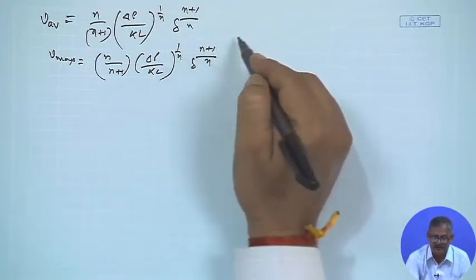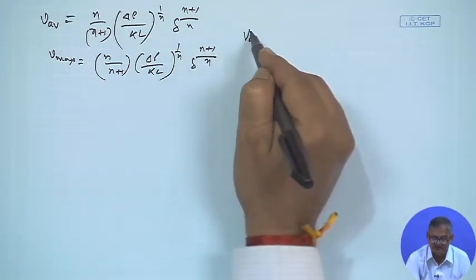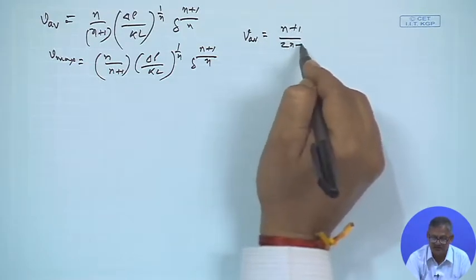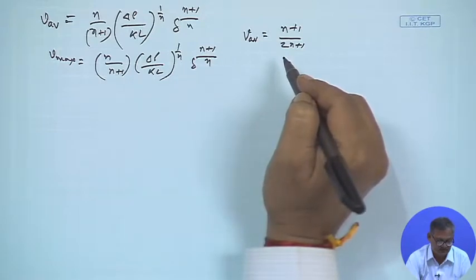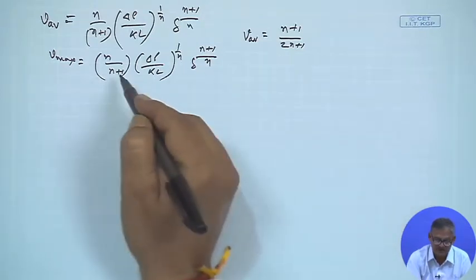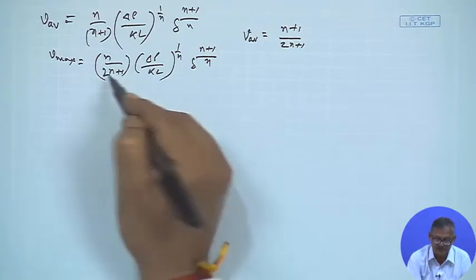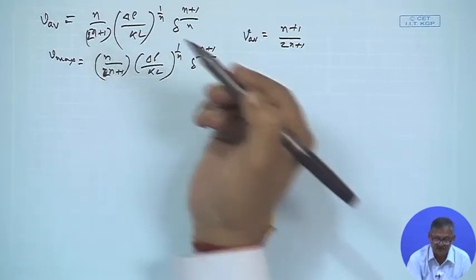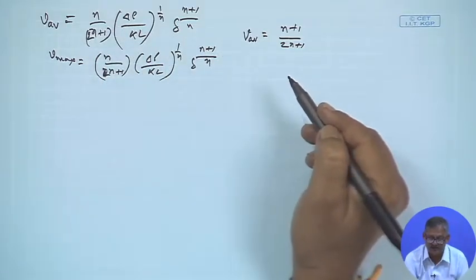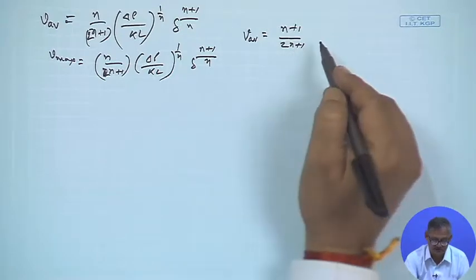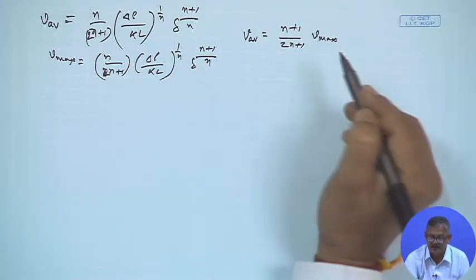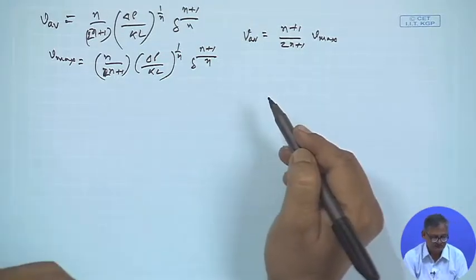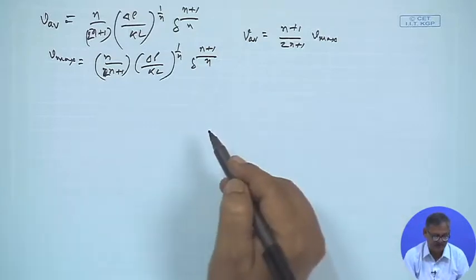And from there we can write V average is equal to (n plus 1) by (2n plus 1) V max. So, (n plus 1) by (2n plus 1) V max is V average, right. So, if this be true, then we can say that